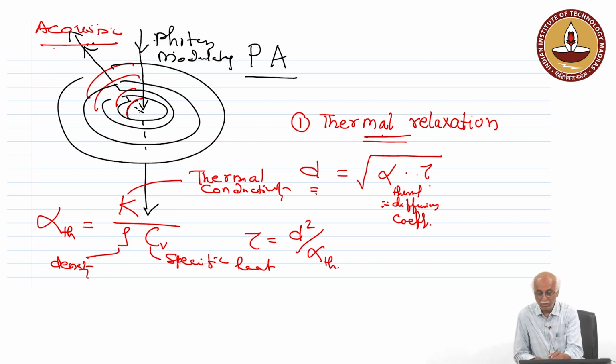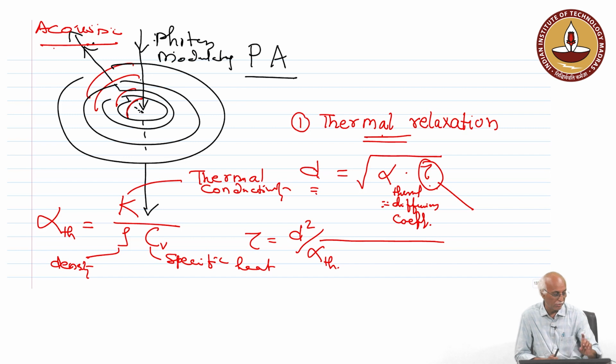The thermal relaxation is defined by when the temperature of this tissue reduces by 50% of whatever the increase was. Approximately that much time taken is known as the thermal relaxation time,